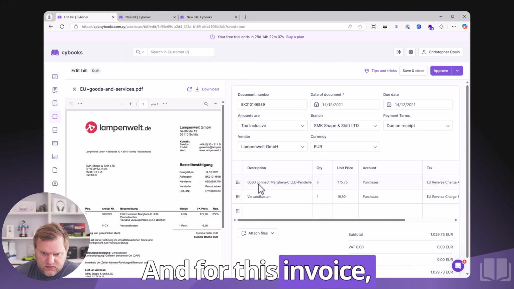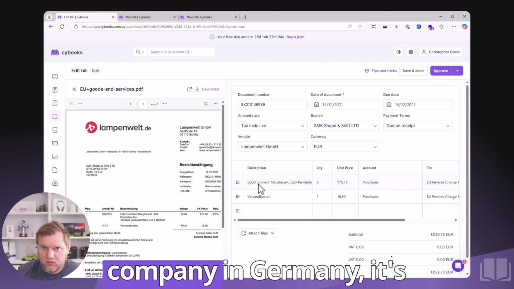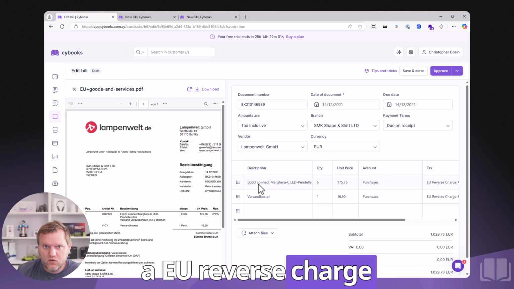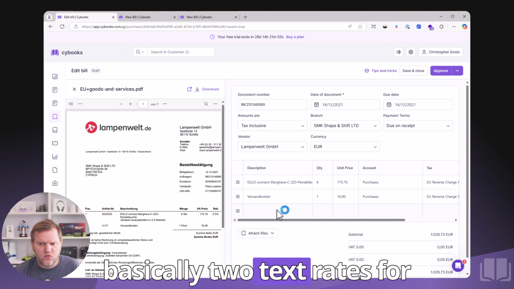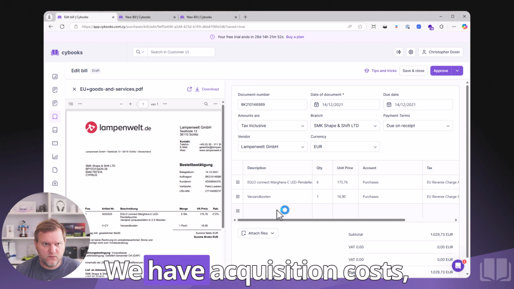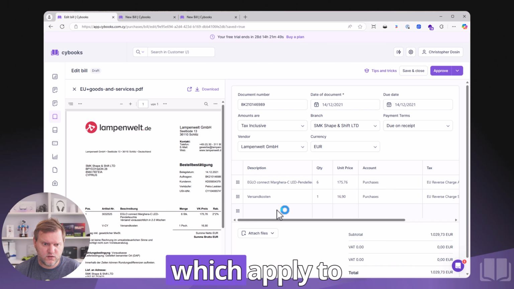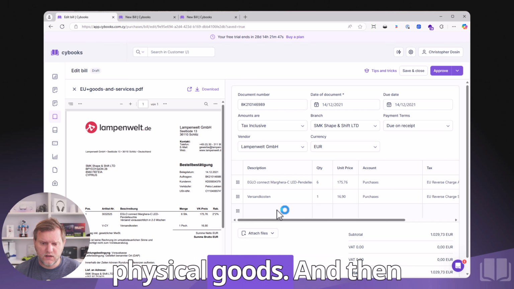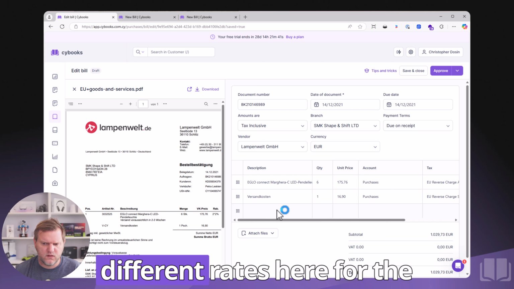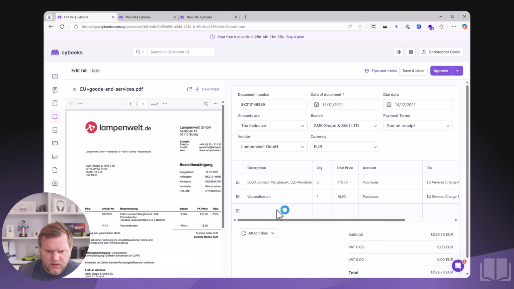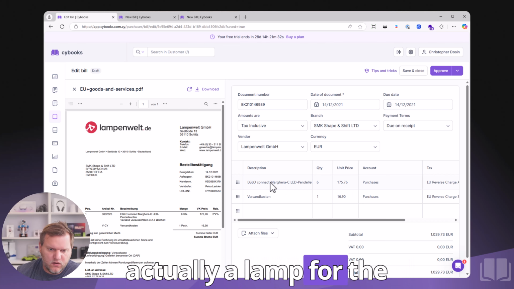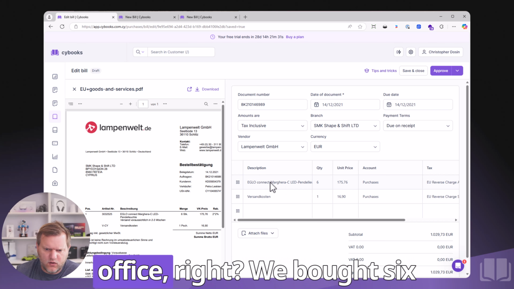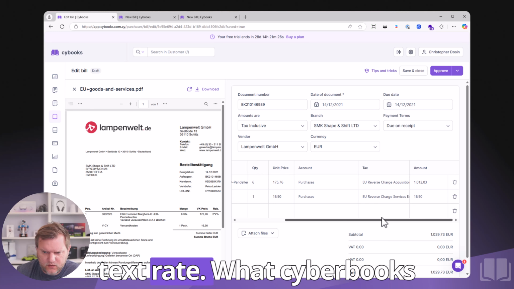And for this invoice, because it's from a B2B company in Germany, it's an EU reverse charge invoice, right? However, we basically have two tax rates for the EU reverse charge rate. We have acquisition costs, which apply to physical goods, and then we have service expenses or service charges. So we have two different rates here for the EU reverse charge. Now, for the first line item that we have here, this is actually a lamp for the office, right? We bought 6 lamps for the office,